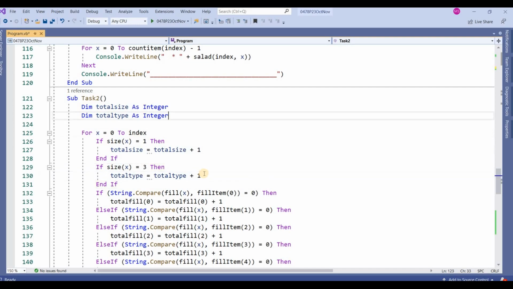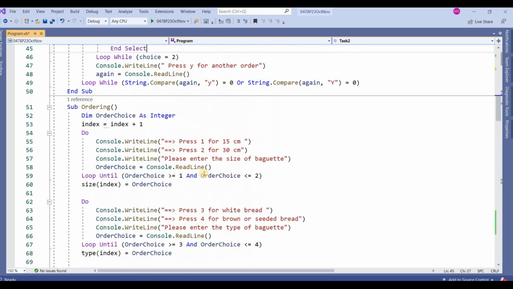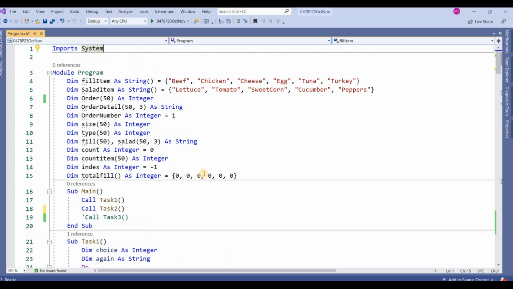I have written this program by using VB.NET. This is the main method. My program executes all the subroutines, all the statements within the main method. If something is written outside the main method but is not called from main, that will not work. Now this is call task 1. First of all, I will explain task 1, but before that, I want to introduce some variables and arrays that will be used in tasks 1, 2, and 3.